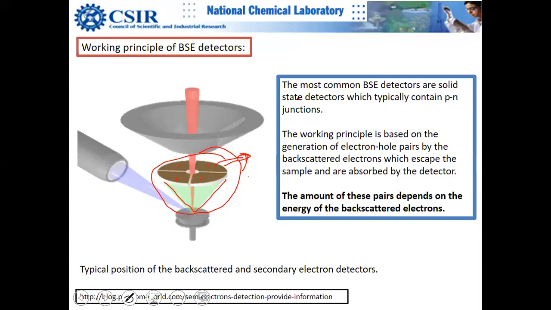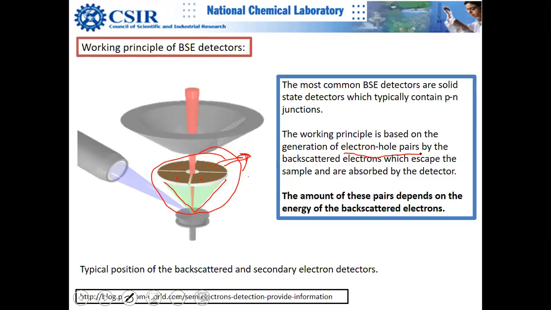The working principle is based on a silicon-based detector. You have a band gap, and electrons carry energy from 5 electron volts to 50 electron volts. These differing amounts of energy will generate electron-hole pairs. That means one electron can generate more than one electron-hole pair, and the generation of electron-hole pairs will be proportional to the energy which that electron is carrying.